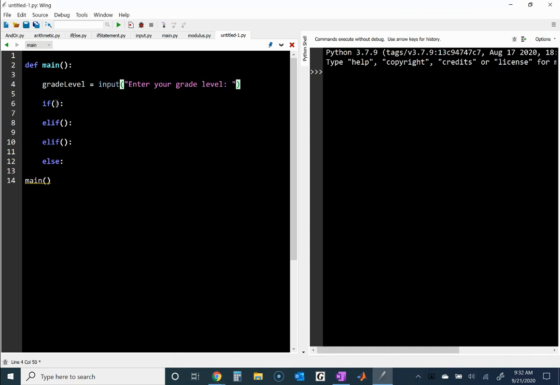Now then I'm going to say, okay, if grade level is equal to, and you could say a number here, I guess I'll start with 9. So if that condition is true, print have a great freshman year. So if grade level is equal to 9, print have a great freshman year. Else,